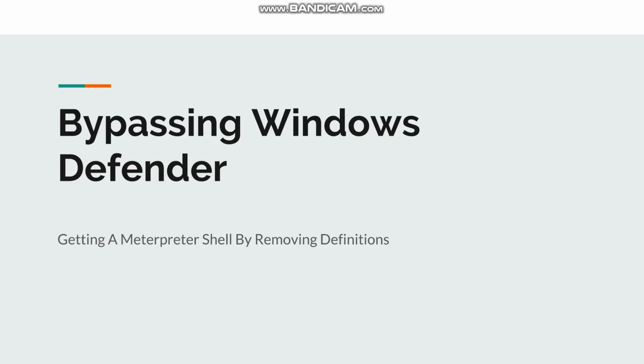Today we're going to be talking about bypassing Windows Defender and ultimately getting a Meterpreter shell. For those of you who don't know, Windows Defender is the default antivirus that's installed on all Windows-based operating systems from Windows 7 on up, and it can prove to be difficult when you're trying to get a Meterpreter session because it blocks your attempts and it recognizes it as a malware or a virus,